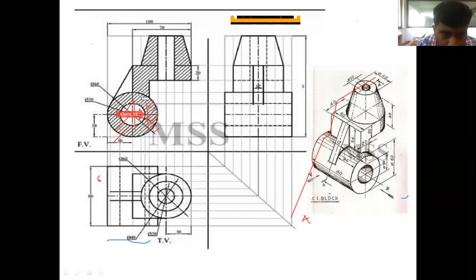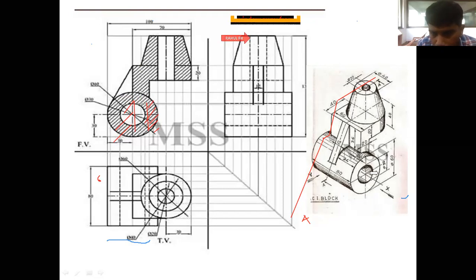Similarly over here we are going to see this. So this is also a hidden line. Here it is there. Okay. So one more here it is there. So you can see this also hidden line. So these things will not be seen. Okay, hidden lines will be shown here also in the top view and in the side views.